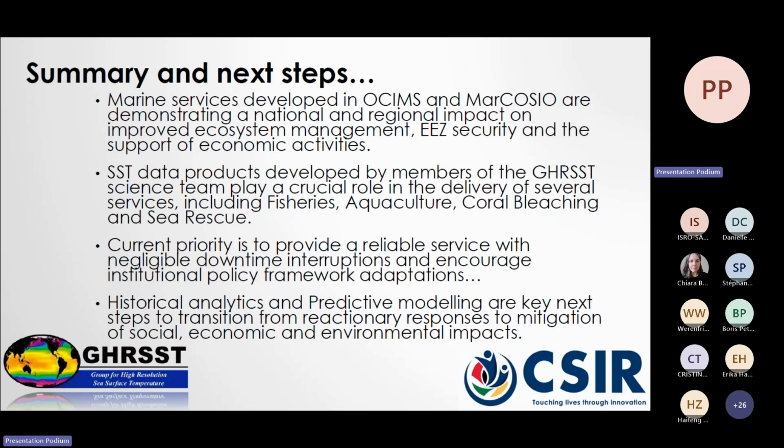So in summary, the Marine Services developing oceans and Marcosio are demonstrating a national and a regional impact, improving ecosystem management, EEZ security, and the support of economic activities, and especially making a difference from a level right from subsistence into a municipal level. So subsistence level is where we'll be managing harmful algal blooms, giving forecasts of potential fishing